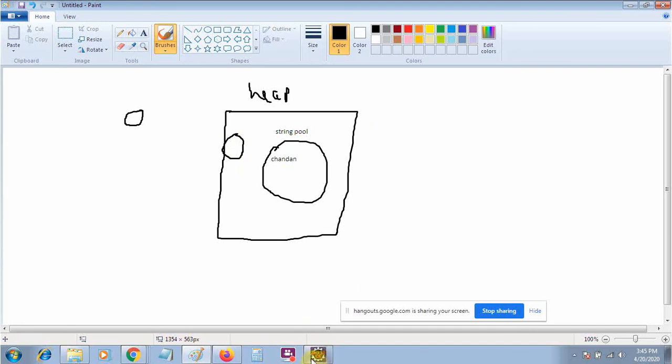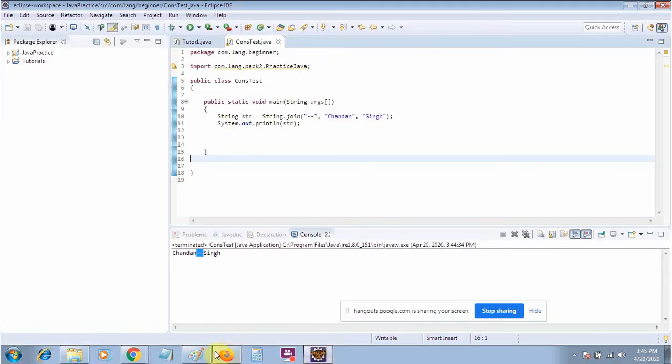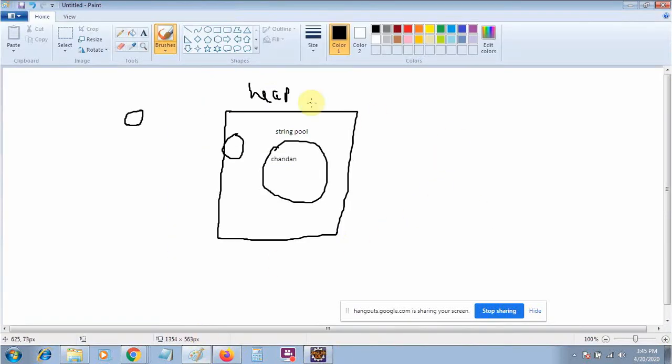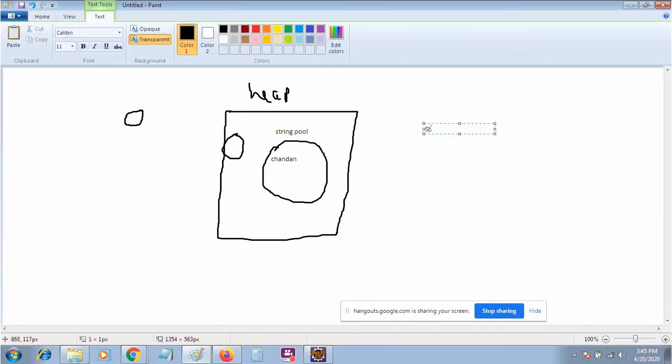Now let's come to another scenario, where we want to change the string. Suppose this is a string str, with a name like Chandan. It is immutable.